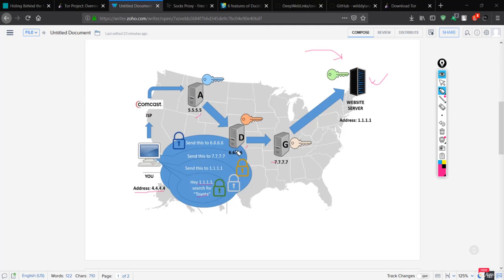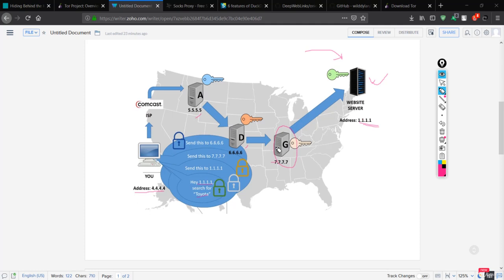Let me say that this sends data from here, that is 1.1.1.1, and first of all it should go through this. So basically this is the first server that this will communicate with.